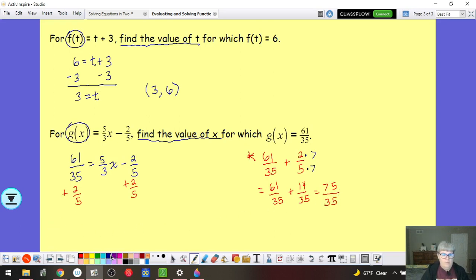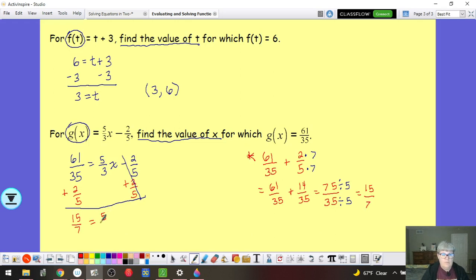So when I come back over to my problem, that becomes 0 on the right. On the left, adding these two fractions, and actually we could simplify this. 5 goes into both of these. 5 goes into 75 15 times. 5 goes into 35 7 times. So we're going to have 15/7